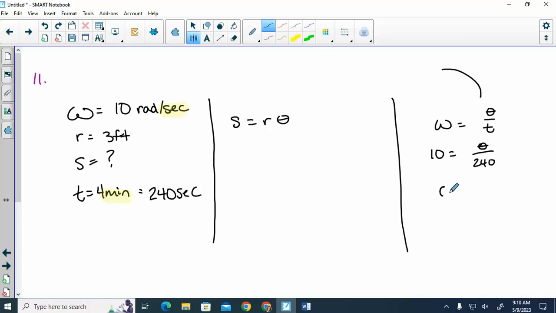If you multiply over the 240, theta is 2,400 radians. So then we can do S equals R times theta. So you get 7,200. The units, S is a distance, just like the radius, so that would be